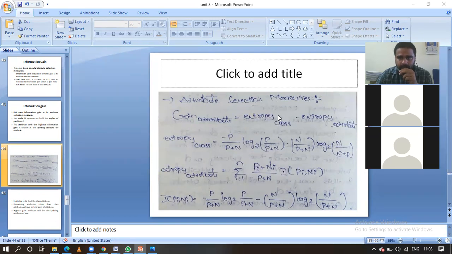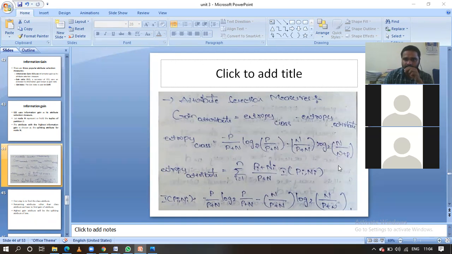For suppose we have the tabulated information for computer buying. From that one we have to construct the decision tree, right? In that, what is the target attribute, guys? Whether the person is buying a computer or not, that is the target one. At that time we make that one as a class. Buying a computer, yes or no, comes under class, guys. All the remaining attributes we have to use here. That is the gain of attribute equal to entropy of class minus entropy of attribute. Entropy of class, this is the formula. Entropy of attributes means this is the formula.